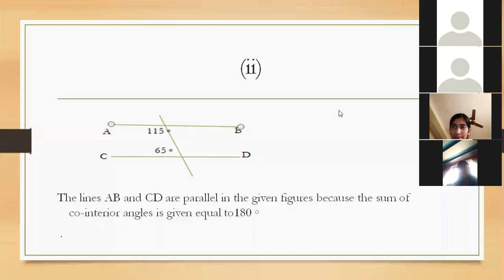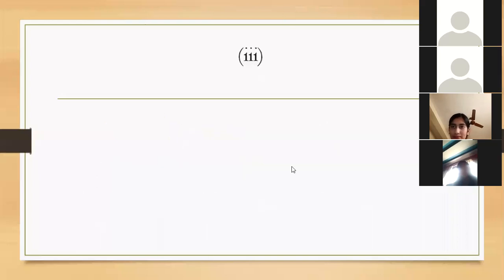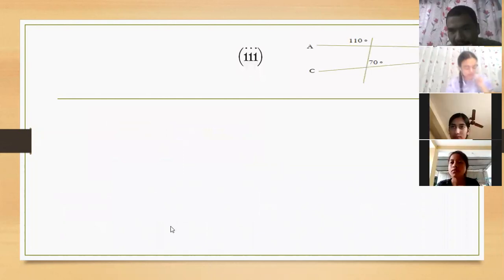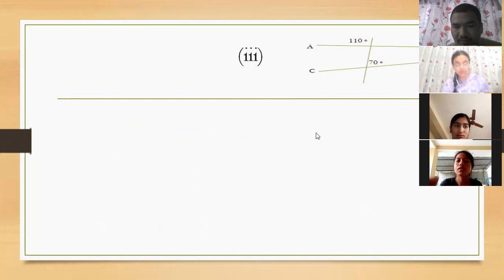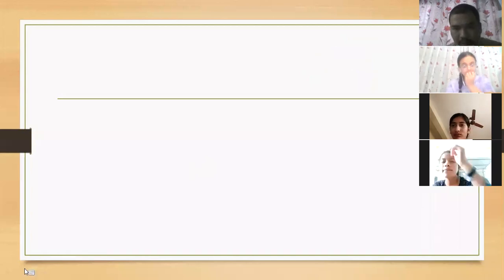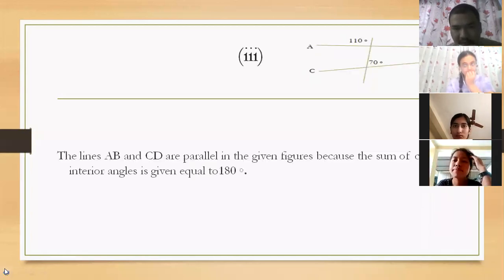Look here. Can you tell? Are they parallel or not? These two lines, parallel or not? Yes, sir. Okay. There is no direct relationship between these two angles, but we have to bring them into relation. Okay, like this. Look here, we have to bring them in relation like this.